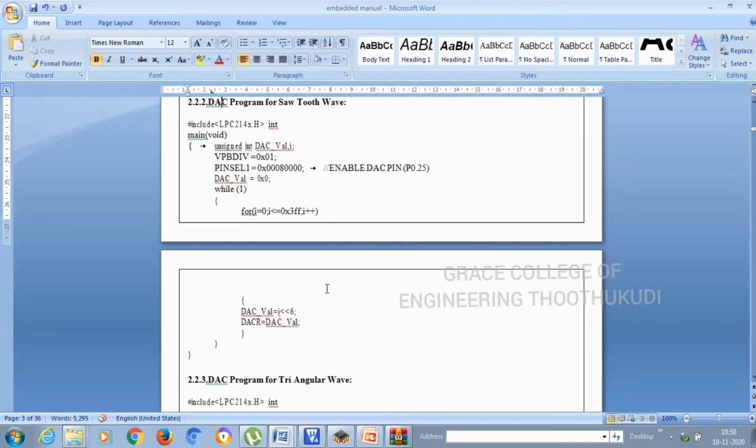In this manner it goes on repeatedly, and the output is shifted to the 6th position because the DACR register will save the value at the 6th place, so that it will read the data and store it in the DACR register. Now we can see the output of the sawtooth waveform in the CRO.